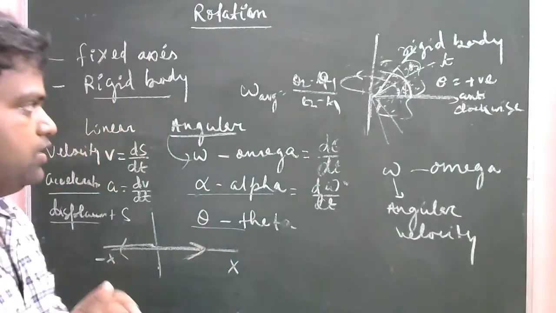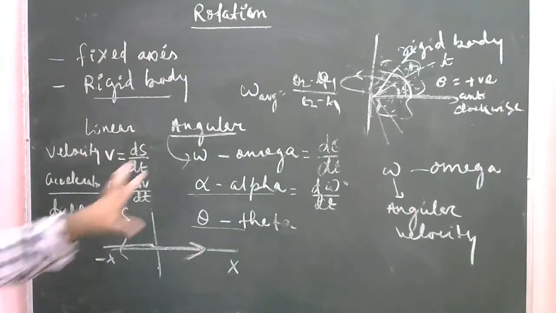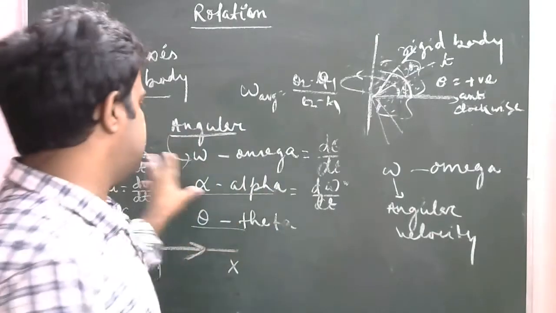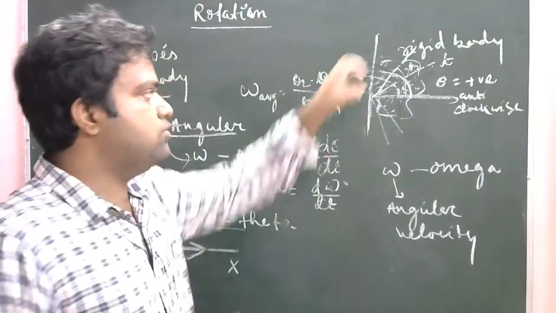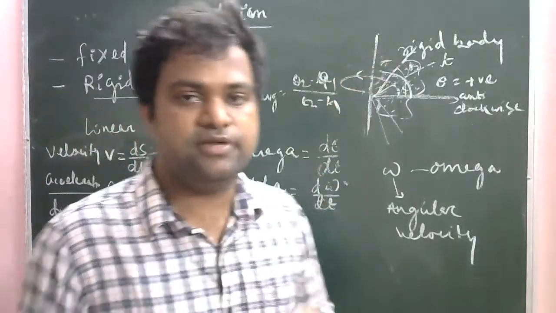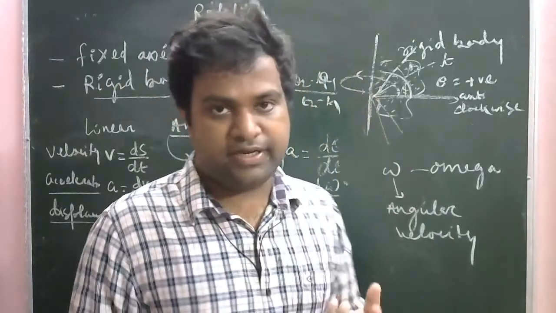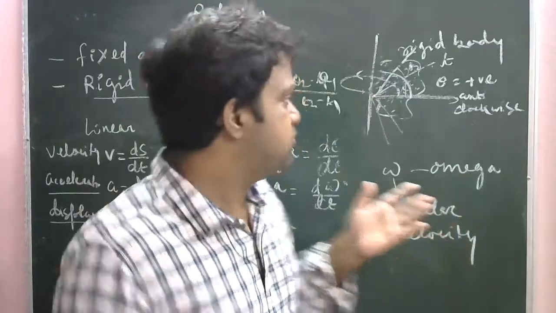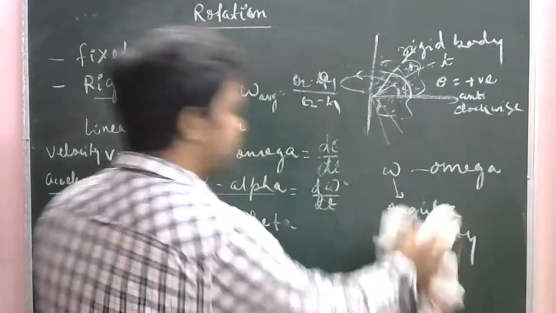So now we have discussed the relationship of omega, alpha, and theta. Now this theta is generally measured in radians. Theta is in degrees, you know, and also in radians. Because you know this relationship, right? The relationship is,